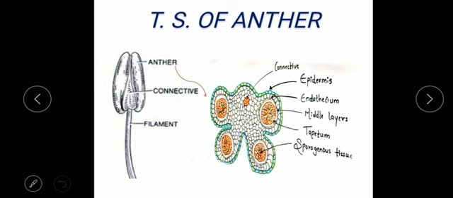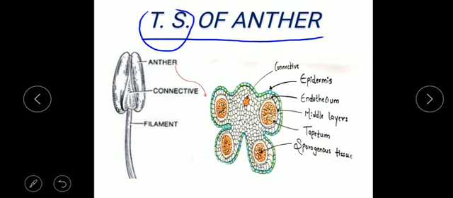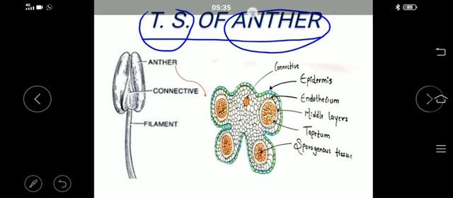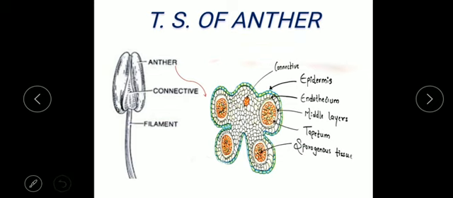Hello everyone. Today we are going to start with the TS of anther. TS means the transverse section, and anther is a part of the male reproductive organ, that is the stamen. Today we have to focus only on the anther part, but I hope you remember our previous